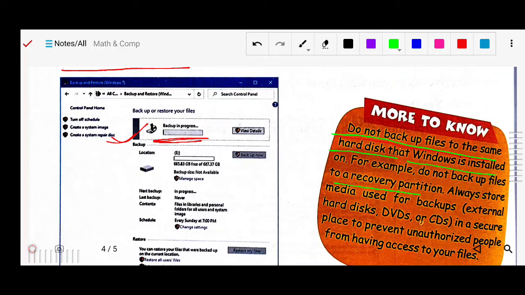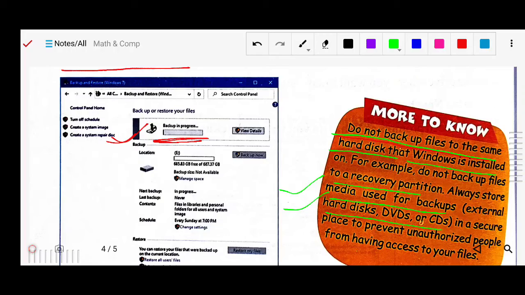Always store backup media on external hard disks, because it is a good habit to back up your files on secondary devices like hard disks, DVDs and CDs, in a secure place to prevent unauthorized people from accessing your files. It is safe as well as secure.